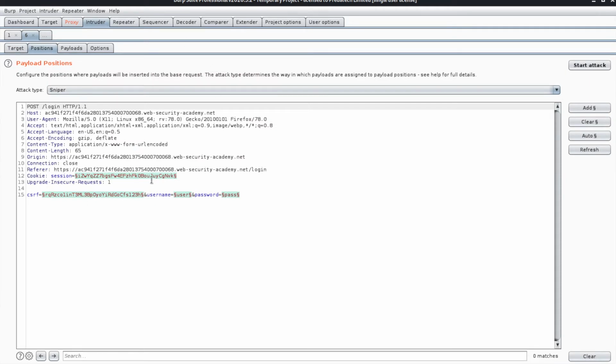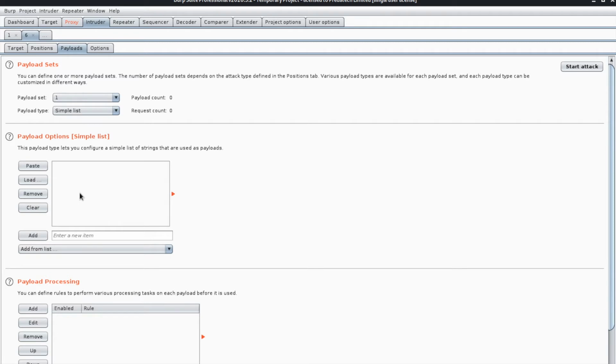So at the moment we've got 4 fields that are highlighted to be brute forced, but we want to clear that and select the password parameter value as the value we want to brute force. We'll click add, and then if we go to payload, for this exercise we can add any passwords we want, because we're just trying to test the X-Forwarded-For bypass. So I've used the PortSwigger default password list. If I then go to start attack,